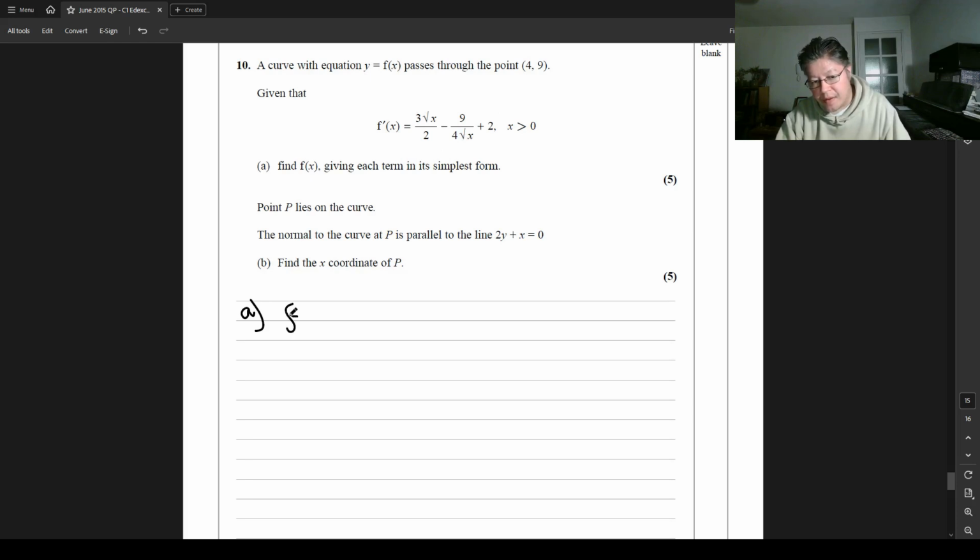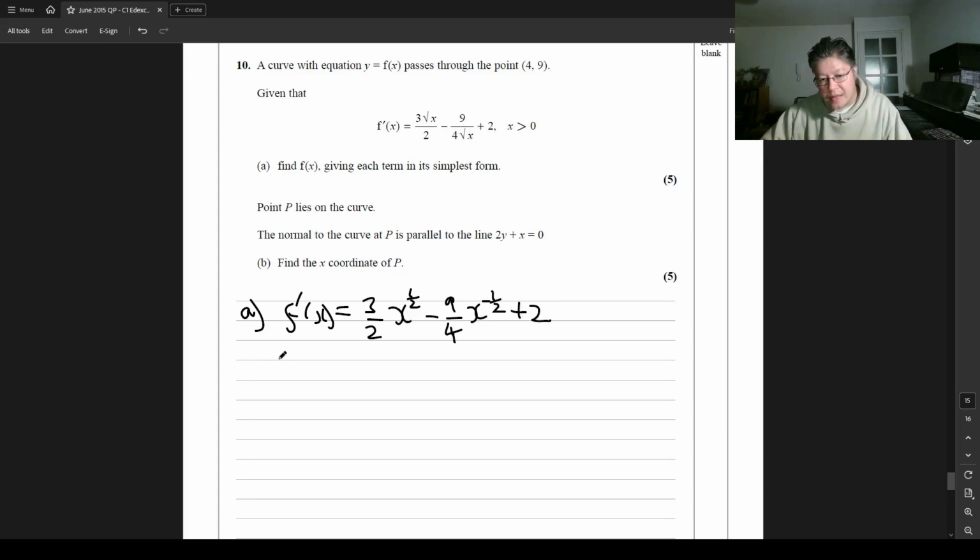So here we have f dash of x equals 3 over 2, and root x becomes x to the half, minus 9 over 4, and we have an over root x, and that's the same as x to the minus half, and then plus 2. Now we're ready for integration, so let's integrate. So the integral of all of this